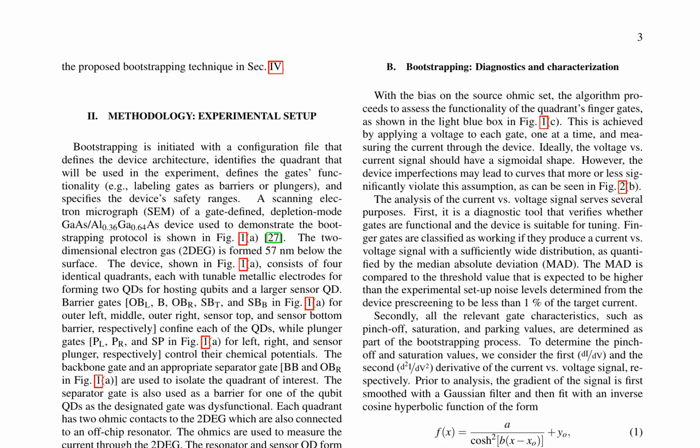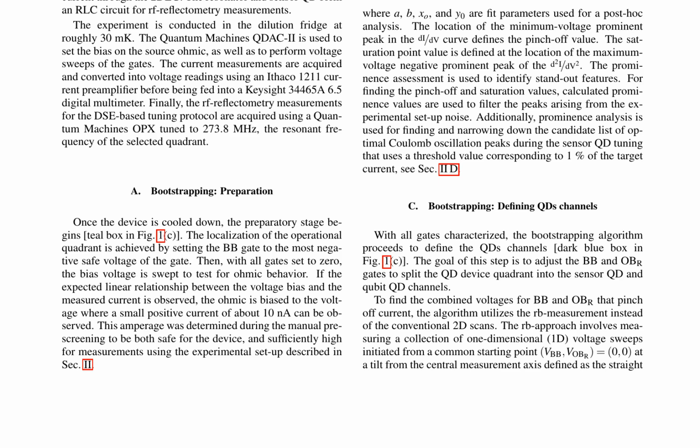The device consists of 4 identical quadrants, each with tunable metallic electrodes for forming 2 quantum dots, QDs, for hosting qubits and a larger sensor QD. The experiment is conducted in a dilution fridge at roughly 30 mK, using a Quantum Machines QDAC-II to set the bias on the source ohmic and perform voltage sweeps of the gates. The current measurements are acquired and converted into voltage readings using an Ithaco 1211 current preamplifier and a Keysight